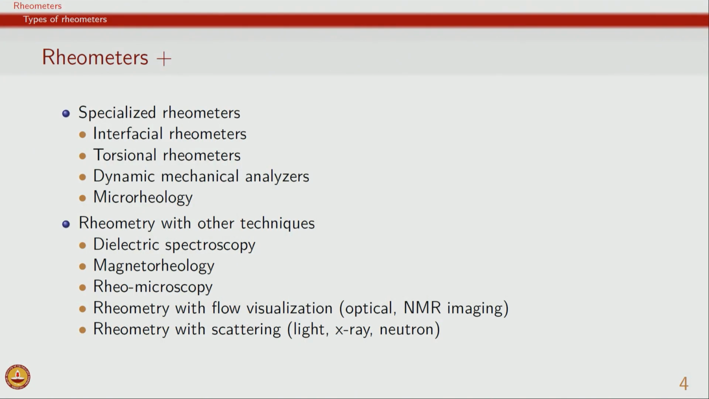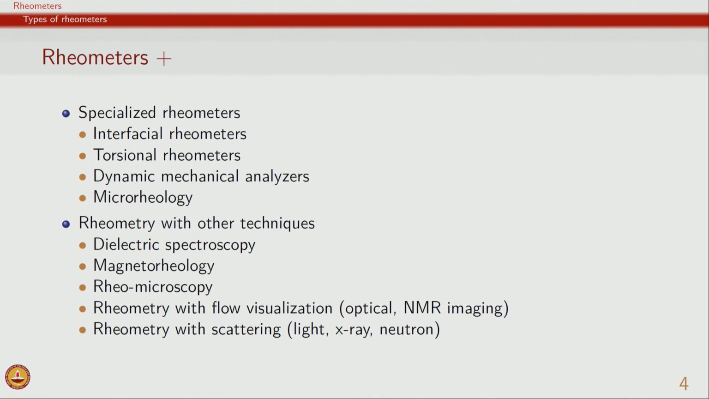So, in this segment we will look at the remaining aspects of rheometry, where we try to use a rheometer along with other techniques. And the first example is using dielectric spectroscopy. Dielectric spectroscopy is very similar to the mechanical spectroscopy which we have discussed in the course so far, where